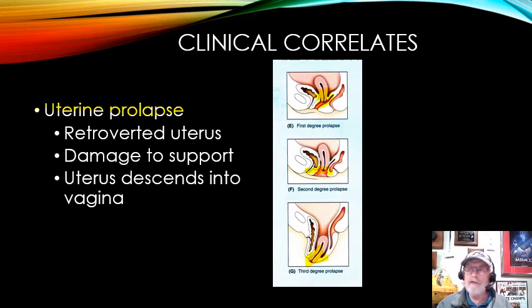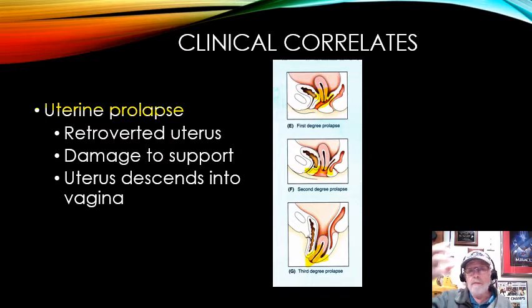The first time I ever saw a uterine prolapse, my eyes almost popped out of my head, because you look in there and there's this large structure protruding out through the area of the vagina, simply because they lose that muscular support in the pelvic diaphragm. That's called a uterine prolapse. What they have to do is a hysterectomy on those, because again, it usually occurs after multiple births and weakness of that pelvic diaphragm.